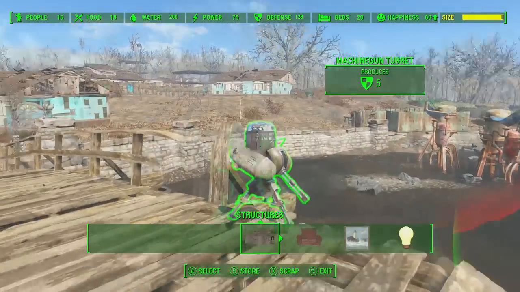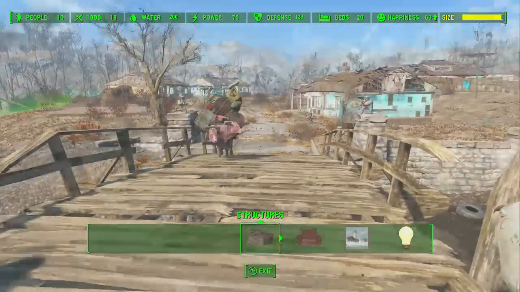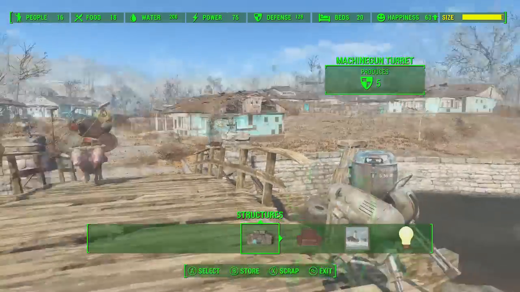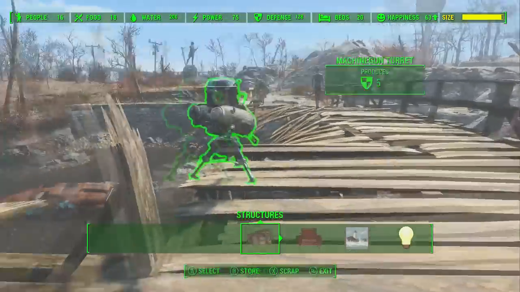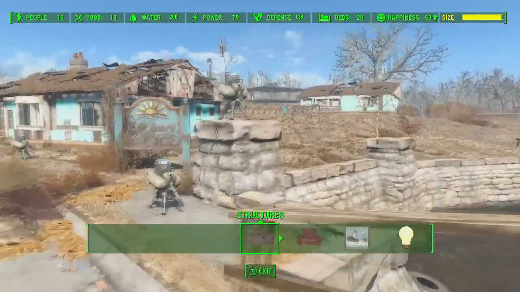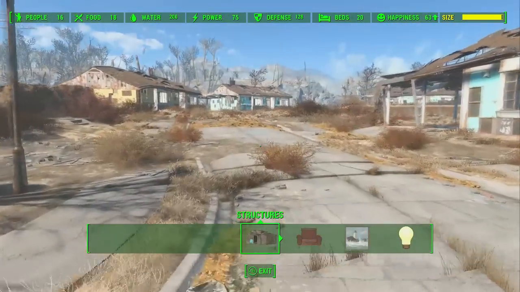Today I'm going to be showing you guys my first settlement in Fallout 4. So here I've done it at Sanctuary Hills, one of the first places that you really get to start building in Fallout 4. Here we're going to start by going over the bridge. We've got a couple machine gun turrets there, and then we've got another 6 right up here, because this is going to be the main area where you're going to walk into the settlement, so you want to make sure